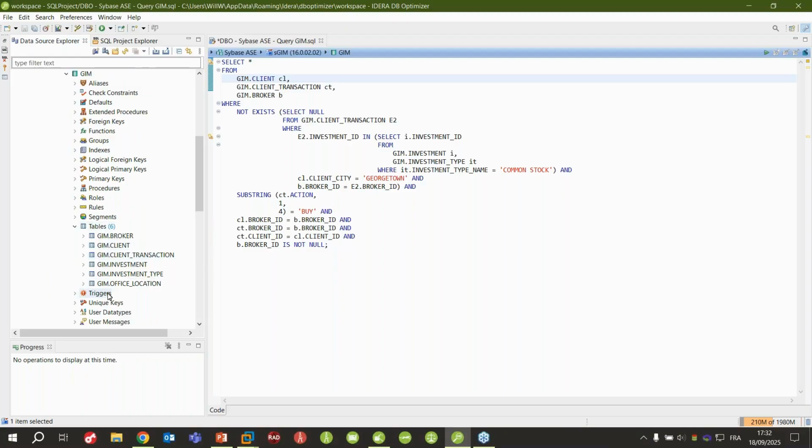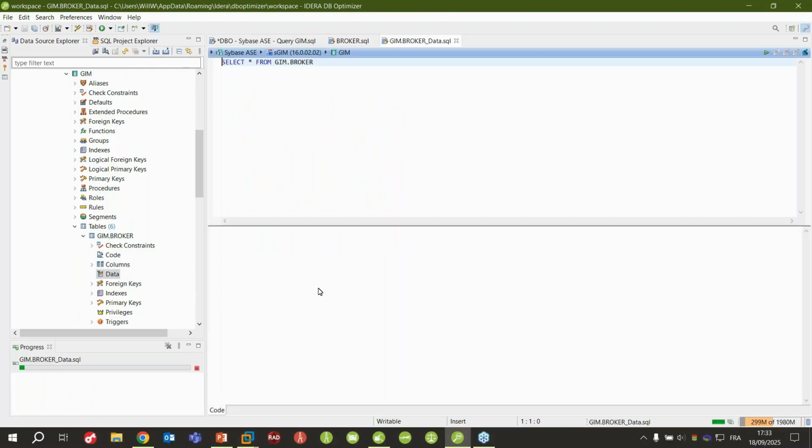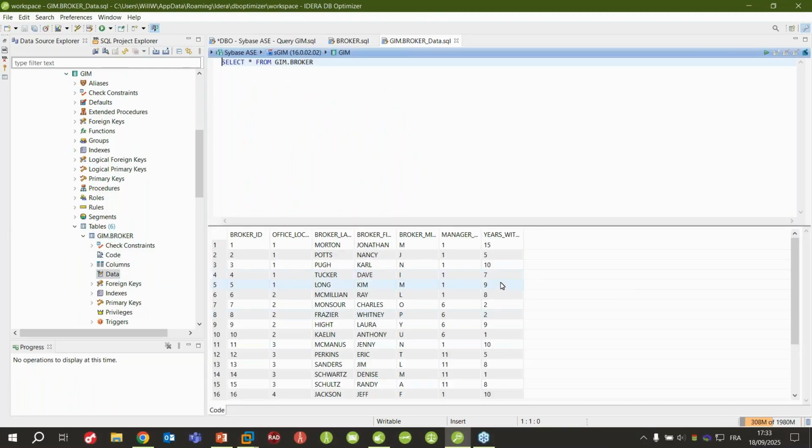I can view my different tables. If I want to run my query, I can directly extract my table, and so I have the script to create my table itself. If I navigate back, I can view the data using the same extract, and I will see directly the data from my table. I can run it like this.